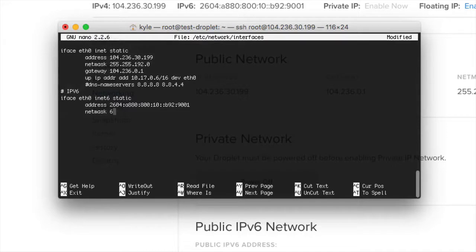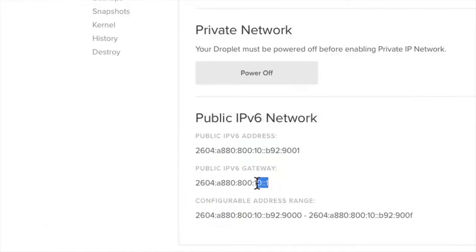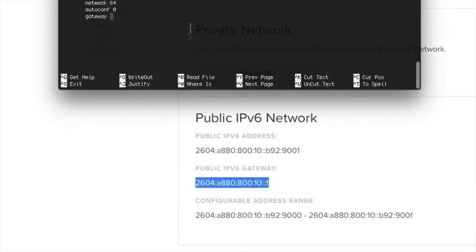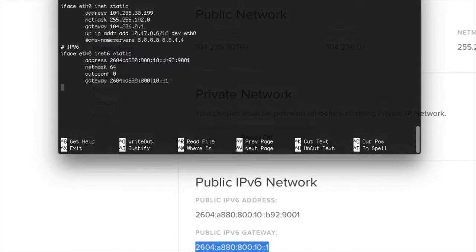Netmask is a 64 prefix. Autoconf, I think it's set to 0. Gateway, it's whatever this is. And DNS name servers is